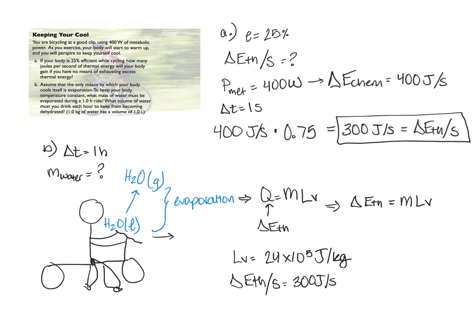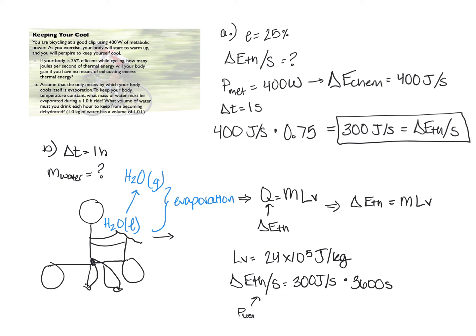But if we're going for an hour, we need to incorporate that time, right? Basically what we have here is just the power, right? The power of the thermal energy lost or absorbed. So in order to get rid of that seconds unit, we need to convert 1 hour into seconds. So let's go ahead and do that. In 1 hour, there are 60 minutes, and in each minute, there are 60 seconds. So there are 3,600 seconds in 1 hour.